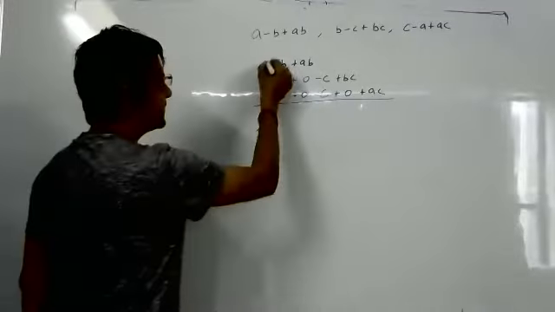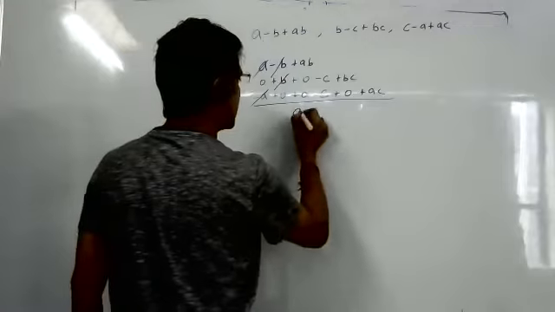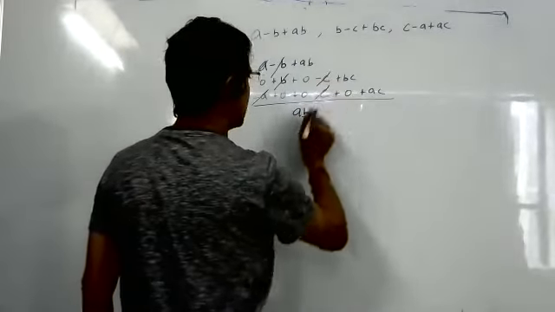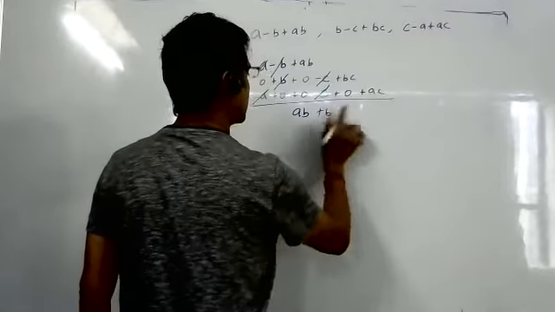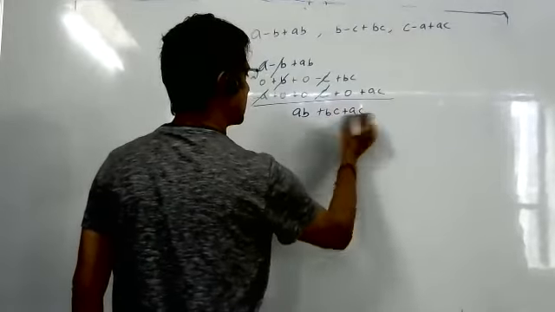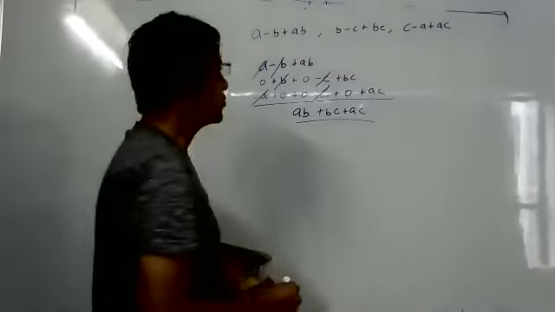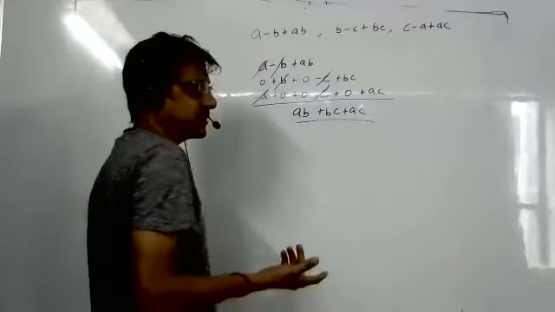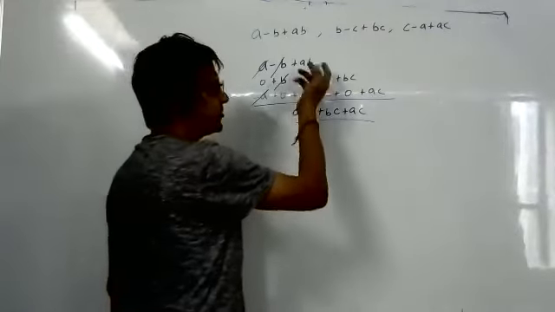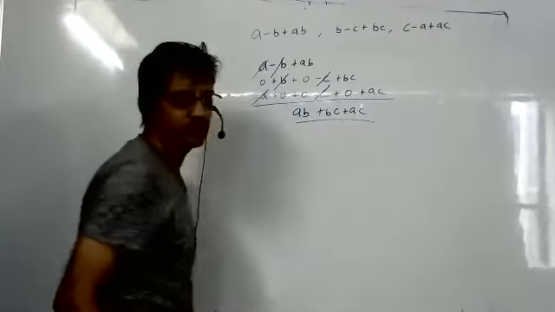Now can you add? Yes, sir. AB, BC, got it? When you don't have that variable, under that you write 0. There is nothing, it's 0. If you add 0, that number remains same, and you make different column for the new entrant.